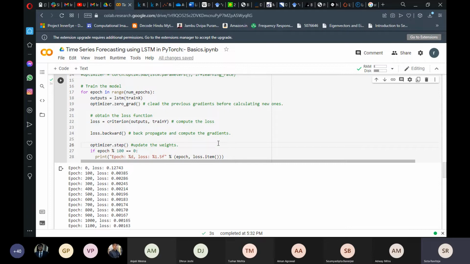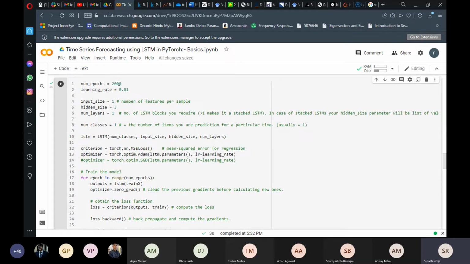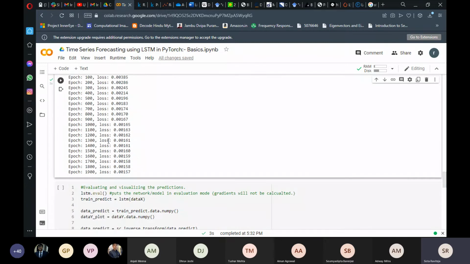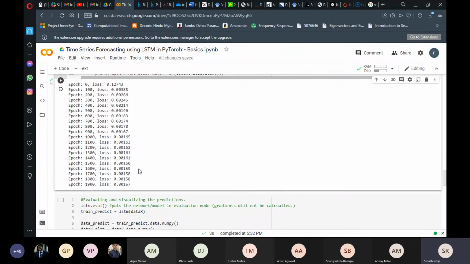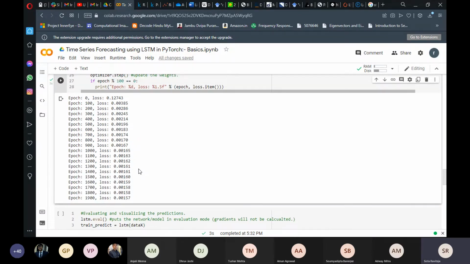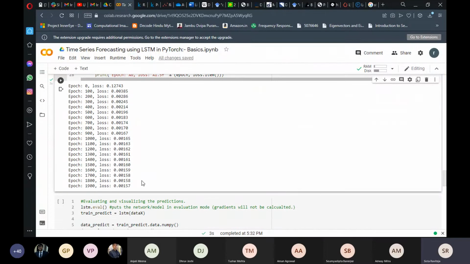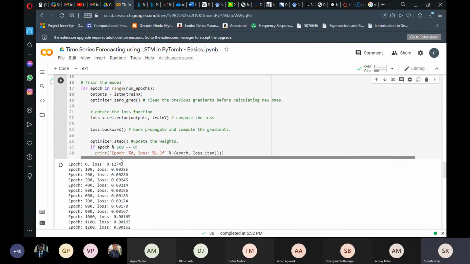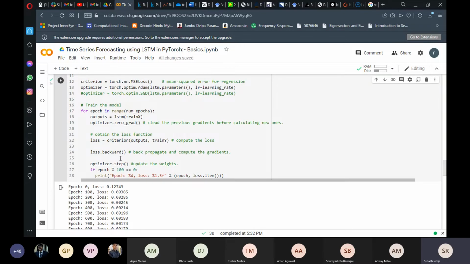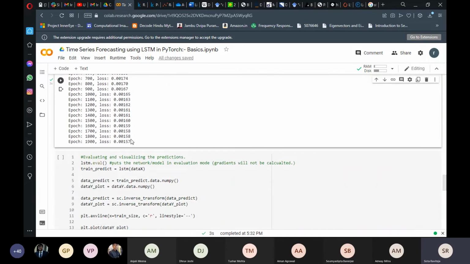So this is an entire training summary, and you can see that although we are running it for 2000 epochs, the training has completed very quickly. That is because our data set is very small, 140 examples overall. But when you are considering very large data sets, which I'll be touching upon in the second part of the demo, we have to use something called a data loader to chunk our data into smaller parts and then do the training. So I'll cover it up.